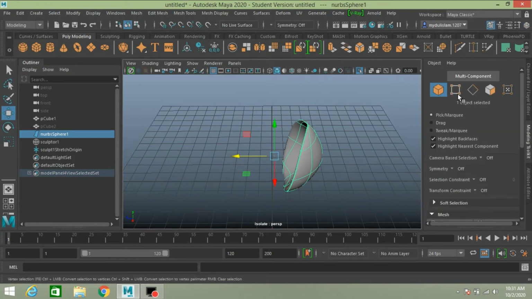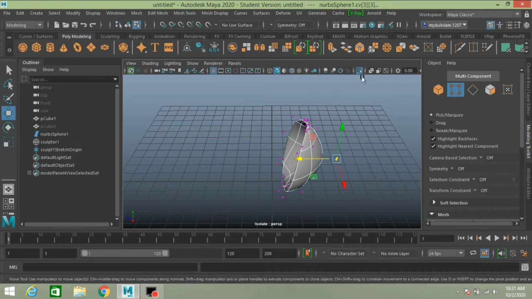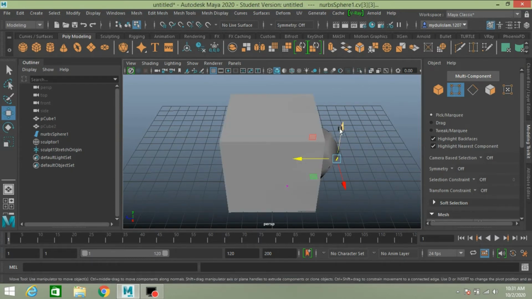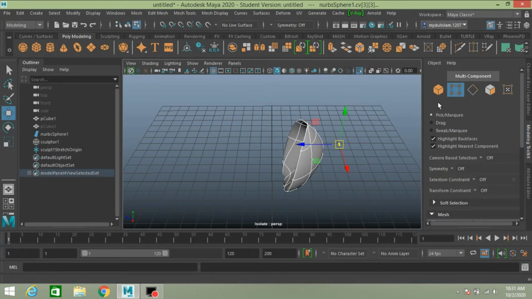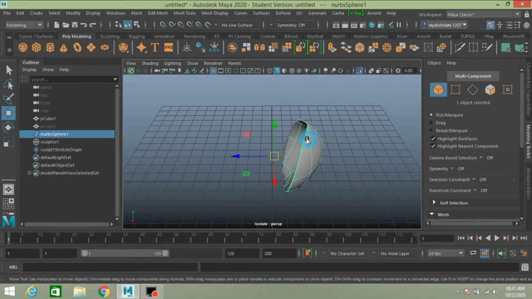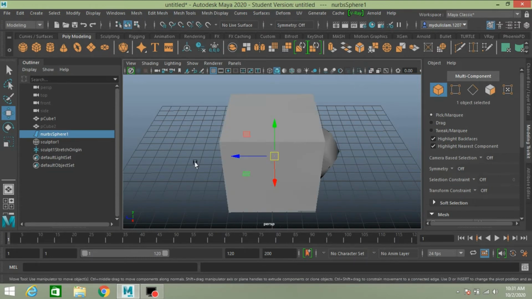Go to vertex selection mode. Select this vertex. Turn off the Isolate Select. Ctrl Z to undo. Turn on the Isolate Select. Vertex selection mode. Turn off the Isolate Select.